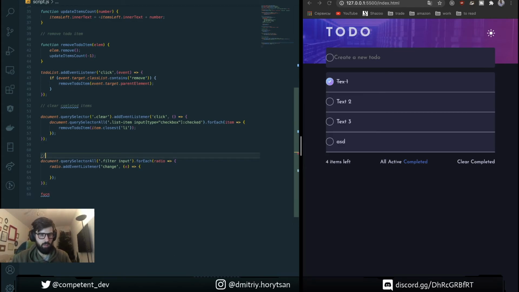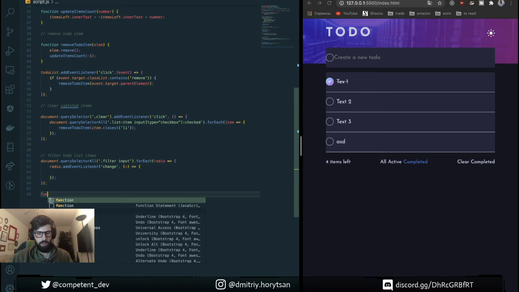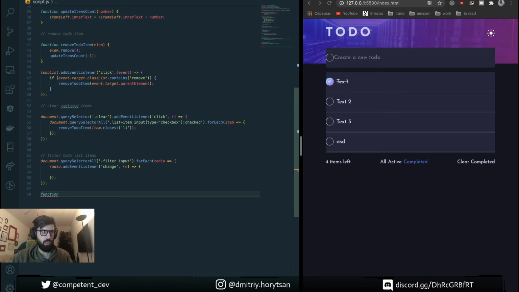Let's put here filter to-do list items. And here we create function filter to-do items, ID.